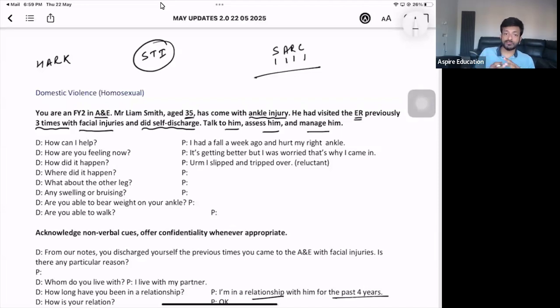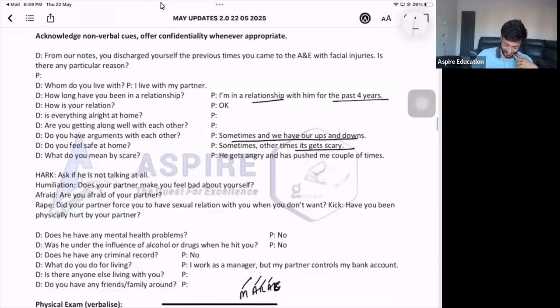In the GP you may not have all the facilities to do all the investigations for STI and HIV. If you do some investigations now in GP and then refer for the rest to the SARC, it may not make sense. SARC is a specialized center which deals with these cases. So we usually refer them there, and they'll be able to do all the samples for STI and check for any other injuries this patient has got. That is the scenario you will see in the recalls, STI after rape. Okay.